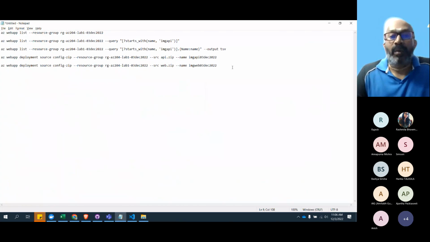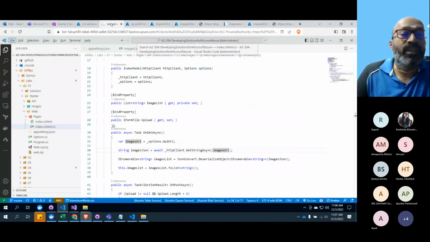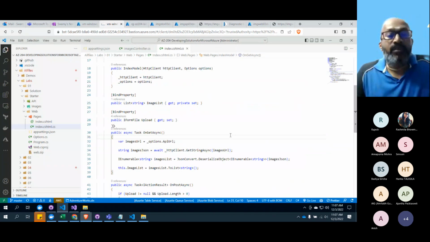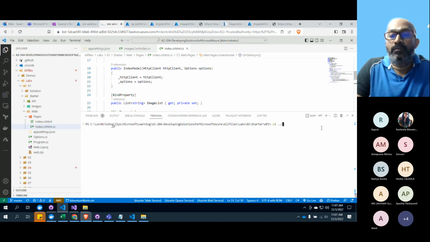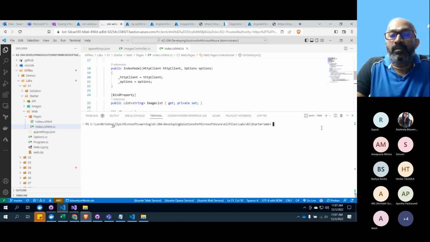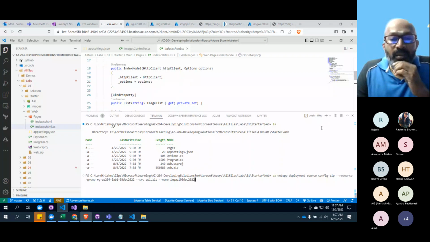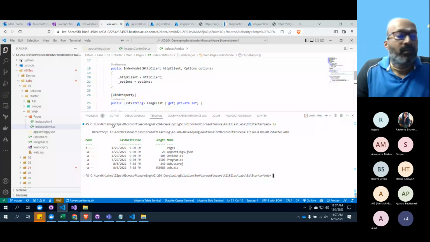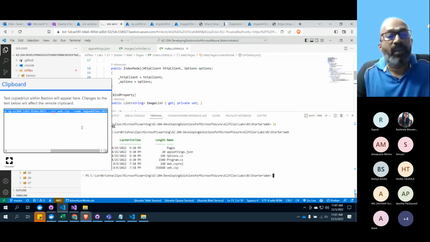Now we need to come back to my virtual machine and get to the terminal. Now cd, and we do an ls, and I need to put it here to copy that.